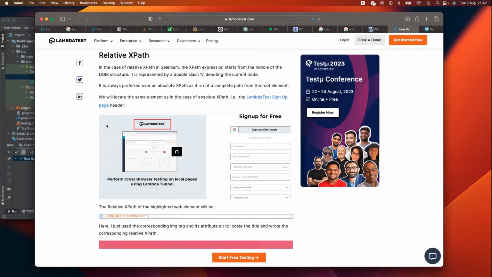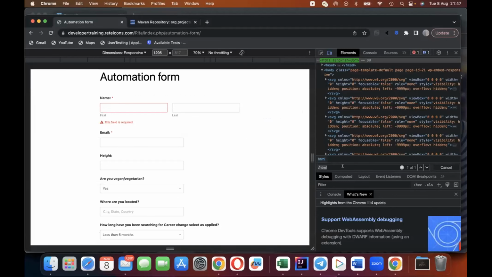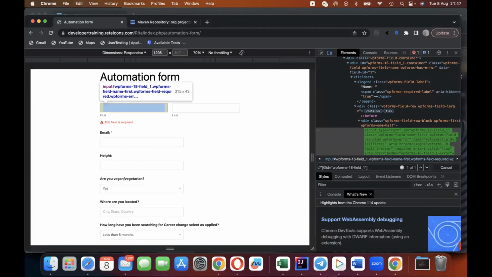And this could be a case where you then have to create your XPath by yourself, or you can resort to using the IDs or the partial link text or any other type if you find that in the HTML DOM for that specific element. So I'm going to share my other screen again. This is an example of a relative XPath,